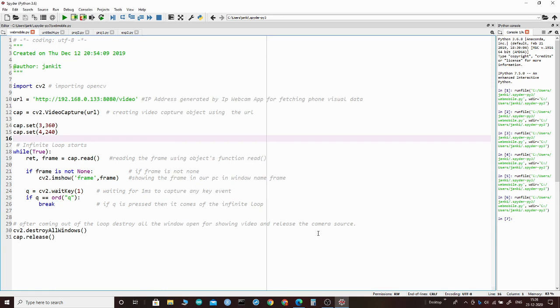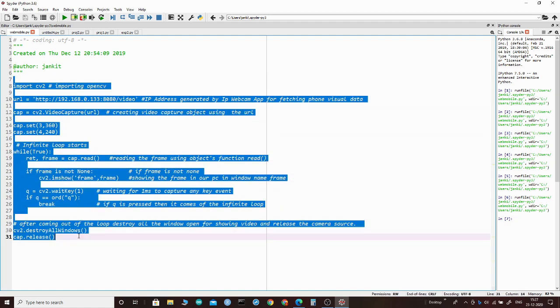So everything is done, except these two things. What are these? cv2.destroyAllWindows destroys the window that popped up. After coming out of this loop, there is no need to display the video, so I need to close that window, or destroy the window. For that we use cv2.destroyAllWindows. Any number of windows which were open will be destroyed, and after that we call cap.release. It will release the camera